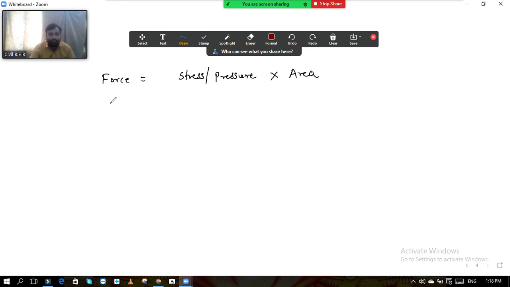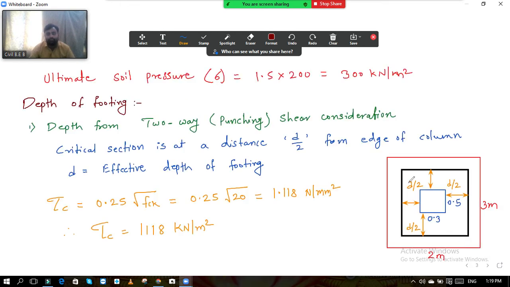So now how do we calculate the force here? It is now shear force we need to calculate. Vu is equal to, so stress or pressure means soil pressure we will take over here. Okay, so what was that? It is 300 into area. So now how to take the area? See, once this column along with this black area, okay, this column will punch along with this much of area which is shown in the